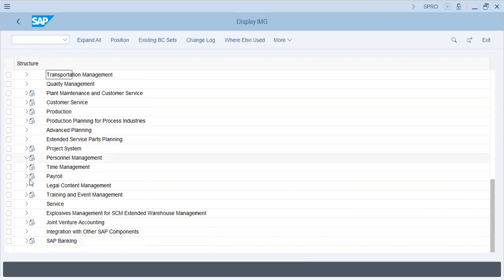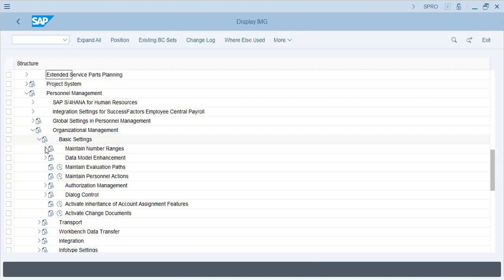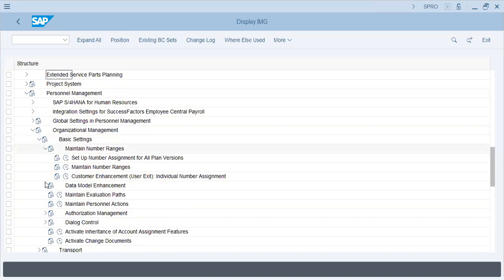Personnel management, organizational management, basic settings, maintain number ranges,